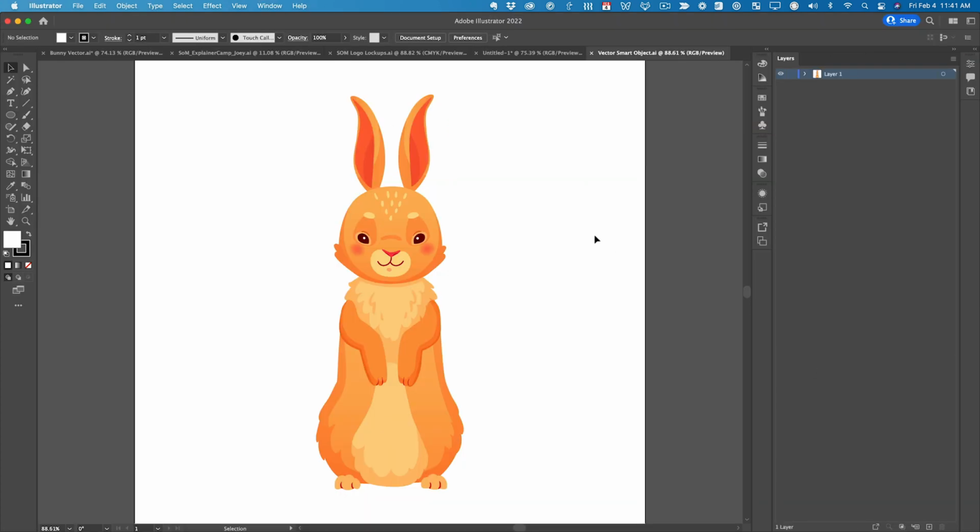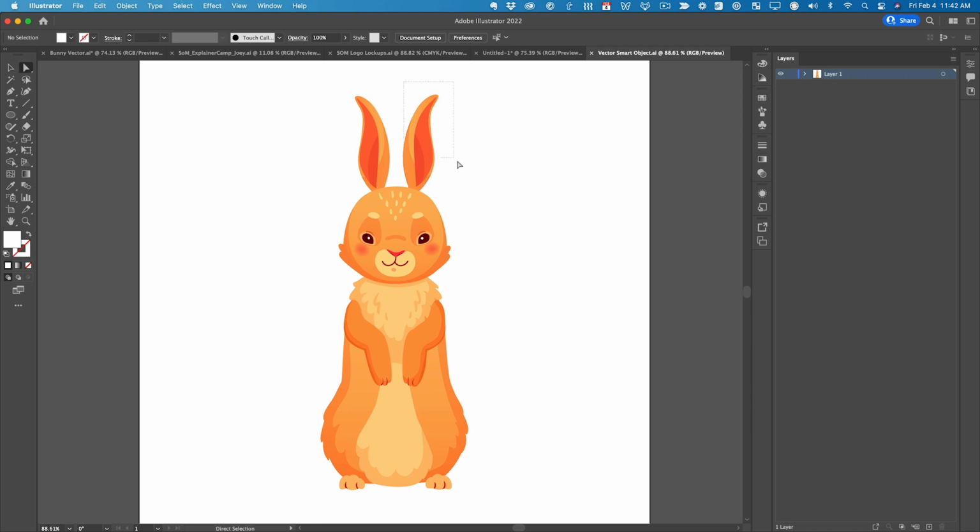What that did was open up Adobe Illustrator and open up a copy of this bunny, a new fresh copy of it that it's labeled vectorsmartobject.ai. But what's really neat about this is I can now change this bunny. So as an example, I'm just gonna grab one of the bunny's ears like this,